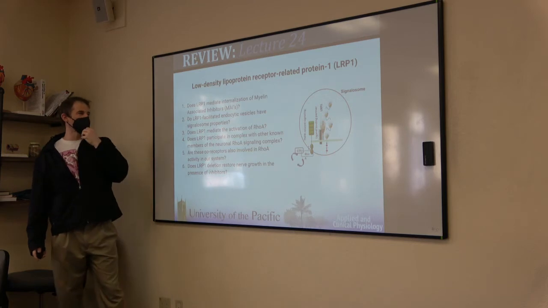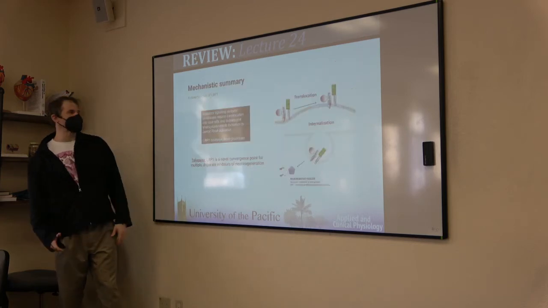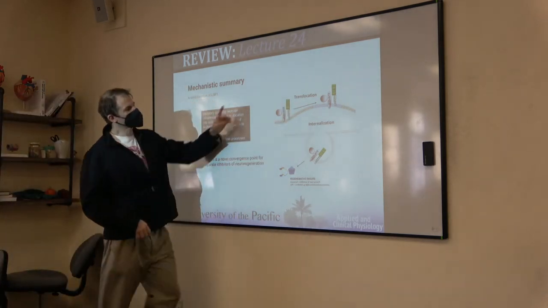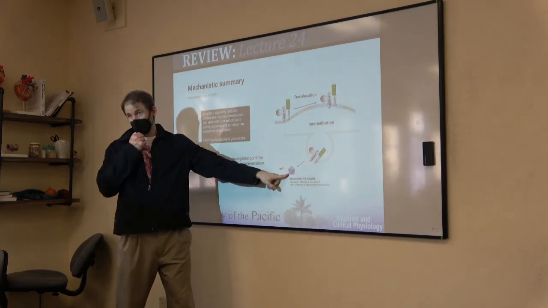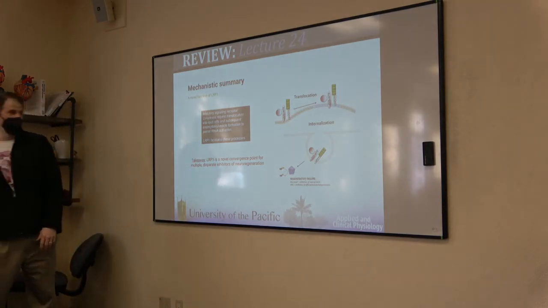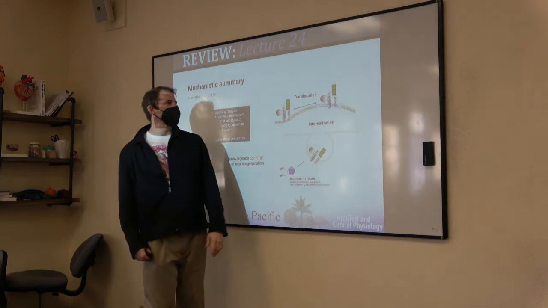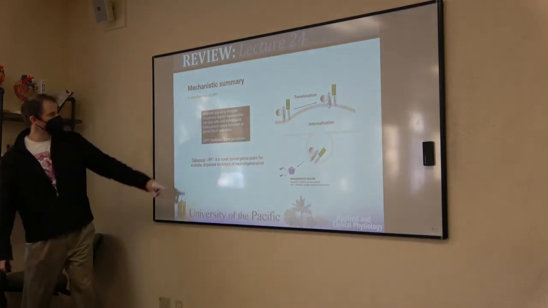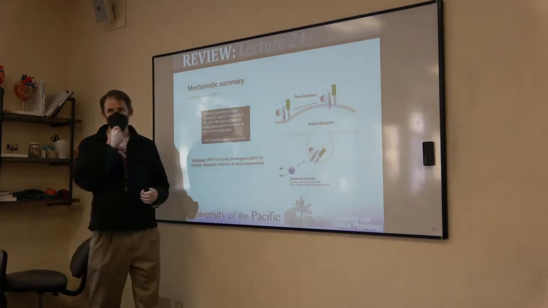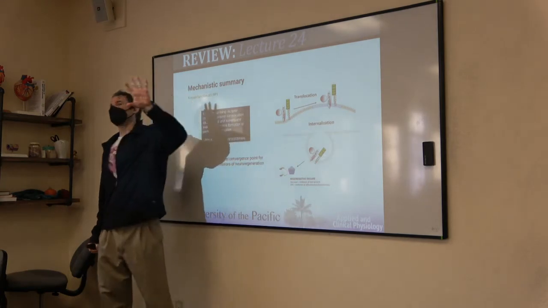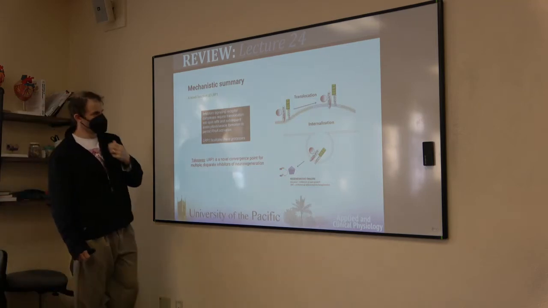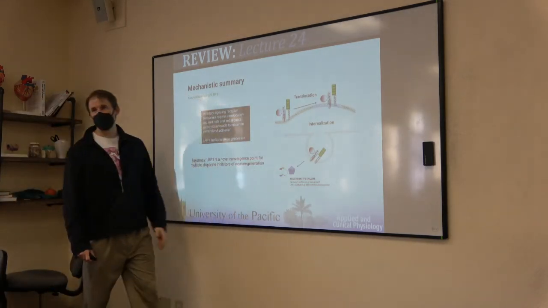That's sort of the idea. We have these 6 questions, and he goes through it a little bit and says yes. But internalizing this structure, getting it inside so it can activate Rho A. If Rho A is active, you are abolishing neural regeneration. And so that is the pathway that he found, this LRP1, is the pathway that can get these things internalized to activate Rho A GTP, so it can do its signaling. And in this case, its signaling is let's abolish neural regeneration.